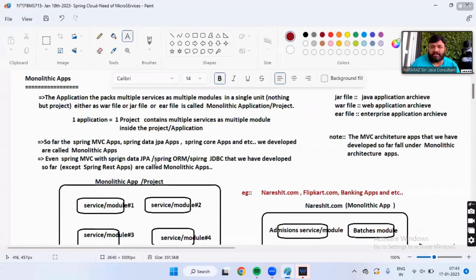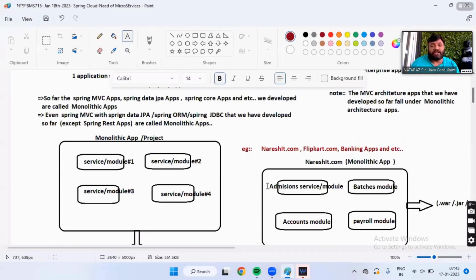What is monolithic? And this knowledge you already have. In the initial days itself, we have knowledge. Suppose I develop a Flipkart application as a monolithic architecture application, how will it be, guys? Shopping cart is a separate module.